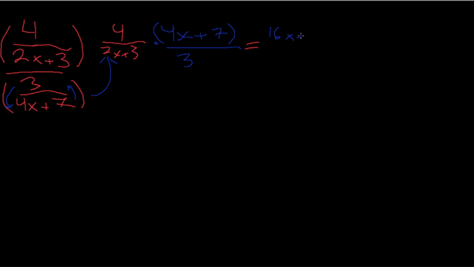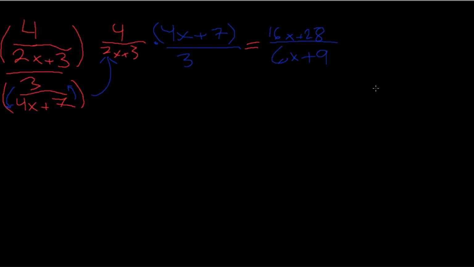16x plus 28. Because we distribute this 4 across both of these. So 4 times 4x is 16x, and then 4 times 7 is 28. And then we do the same thing with the bottom. 2x plus 3 times 3 would be 6x